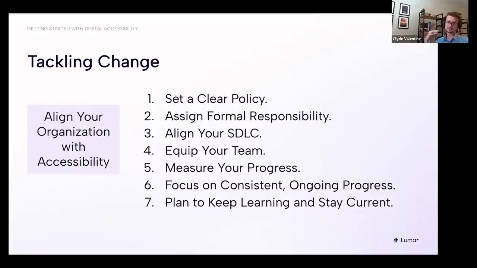What should I do? The classic saying is a failure to plan is a plan to fail. And I think that's really true here. Because technology is evolving, because standards are changing, because we're understanding more and more about different types of life circumstances and accommodations and assistive technologies, and so on and so forth.